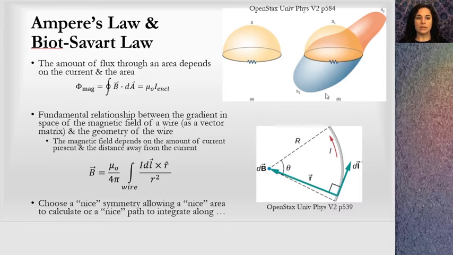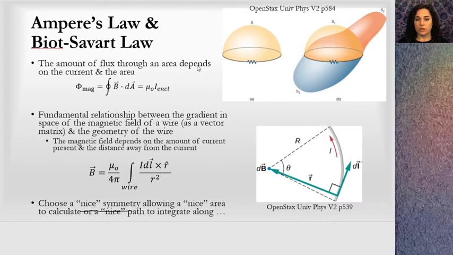And you can see that there's some complex things going on with calculus. There's a surface integral down here, there's a line integral, and those are not always the easiest thing to do, but the trick is to pick a nice symmetry. And without going into the details of how to use calculus to derive equations, I'm going to just present these equations to you. The concept that I need you to understand before we move there is this idea that the